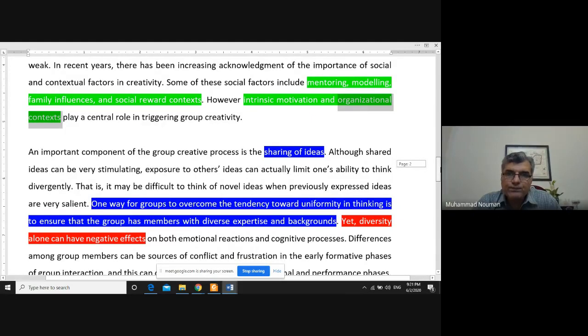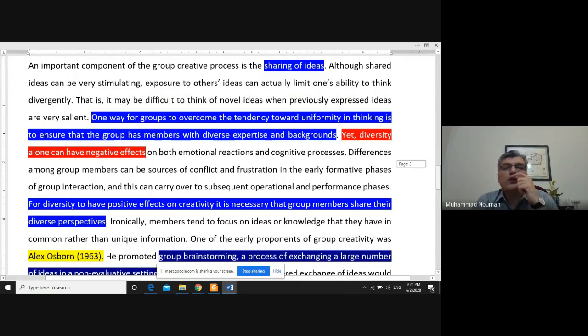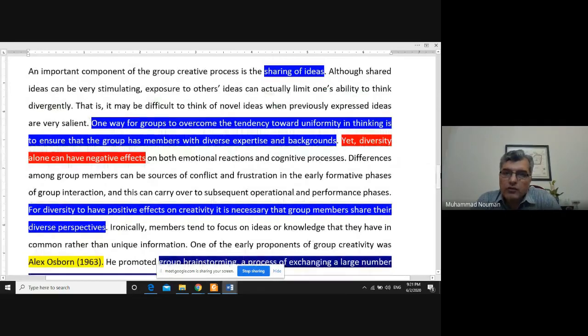Moving further, an important component of group creativity process is the sharing of ideas. So wherever, in any situation where people are encouraged to share ideas, there will always be greater room for creativity to flourish. And the authors of this book, from which the excerpts have been derived, they suggest that there are various ways for groups to overcome the tendency towards uniformity. And by uniformity, I mean that, as I mentioned earlier,